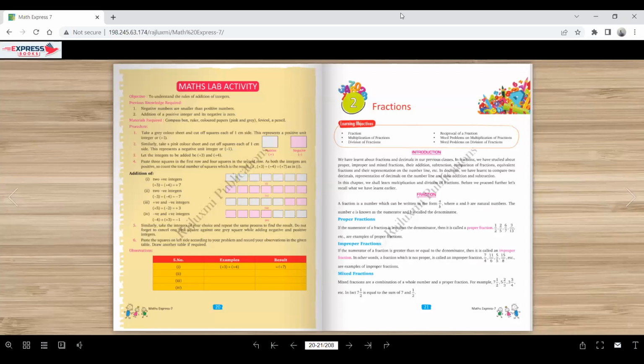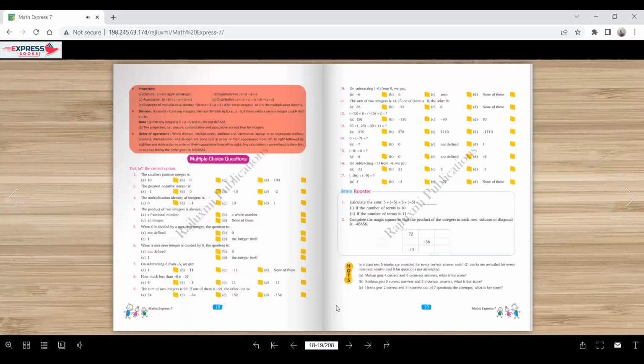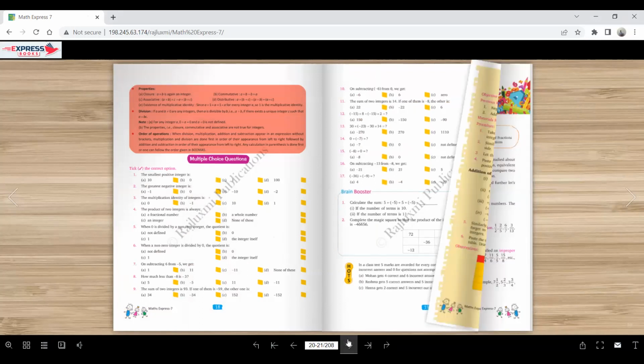So, my dear students, before moving to the next chapter, I just want to tell you one thing. I'm going to share the screen as well. Okay. As you can see on pages 18 and 19, two pages of MCQs are given. You need to solve these MCQs in your book, and if you find any difficulty at any point, you should ask me. You should solve these MCQs on your own. Now, let's move on.